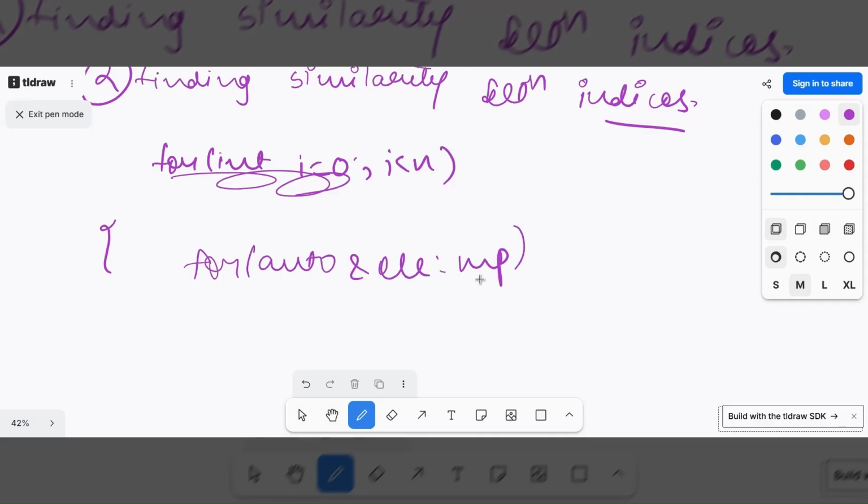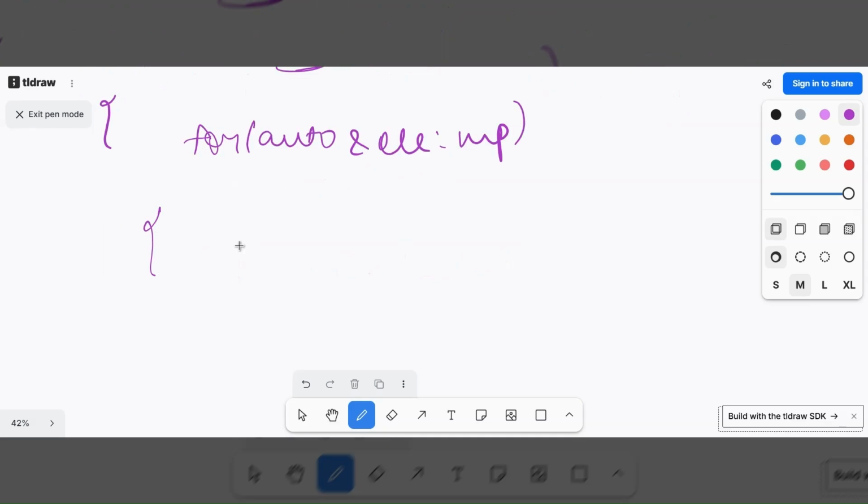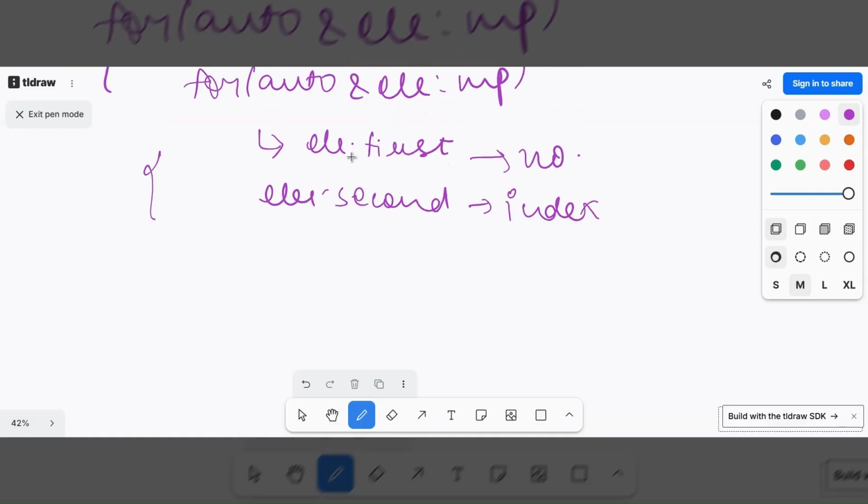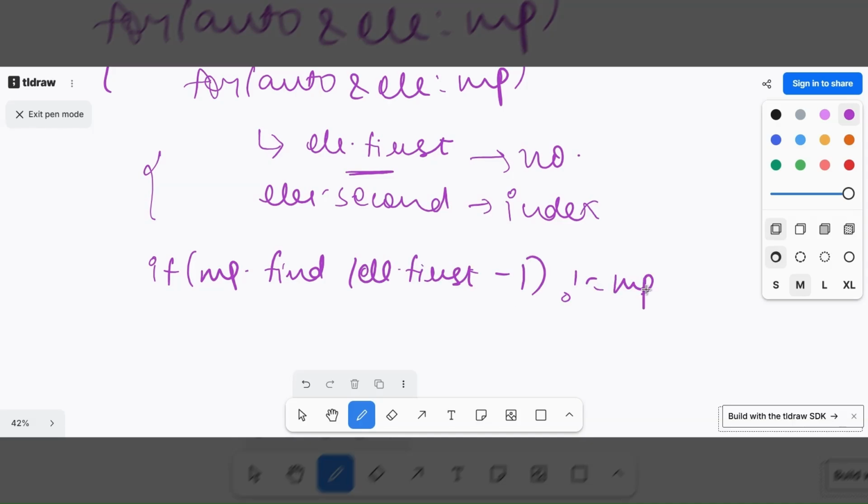Now, your element dot first is your number and element dot second is your index. Keep this in mind. So what we need to do now, if our map consists of element dot first minus 1, so we need to check if map dot find element dot first minus 1 not equal to map dot end.